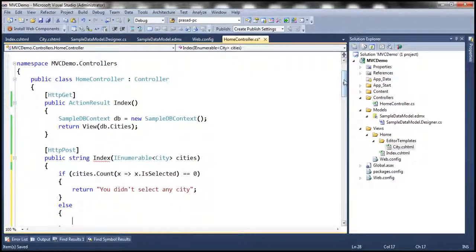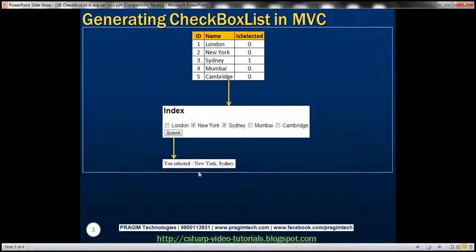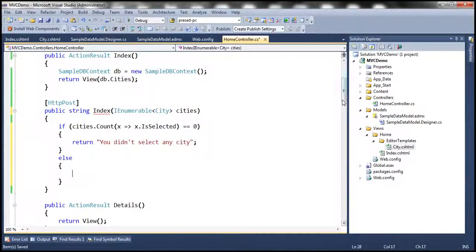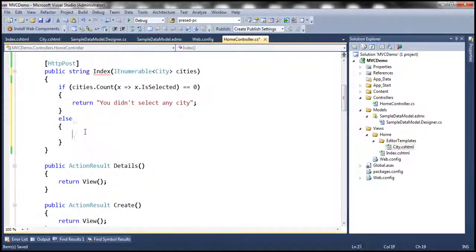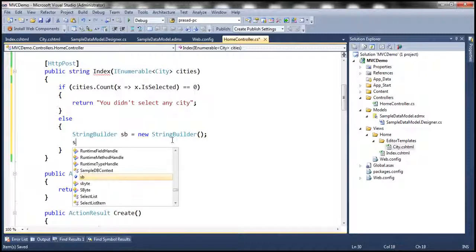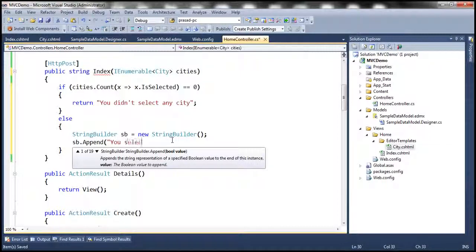On the other hand, if this condition is false, then we know for sure the user has selected a city, in which case we want to build a message stating you selected, followed by whatever cities the user has selected. And to build that message, I'm going to make use of the StringBuilder class, and this StringBuilder class is present in a different namespace called System.Text. So let's go ahead and include that, and let's create an instance of the StringBuilder class. And let's append a string, sb.Append, "You selected",